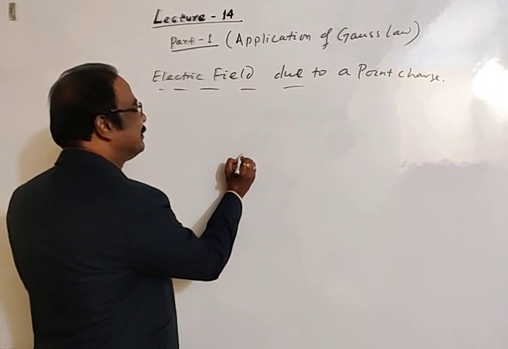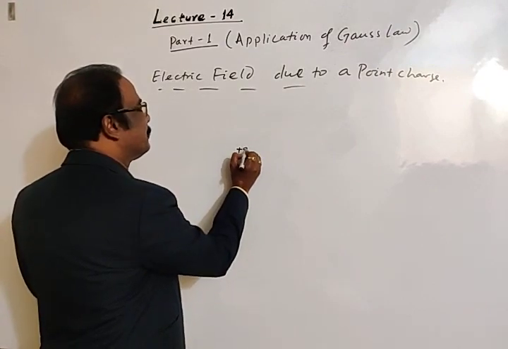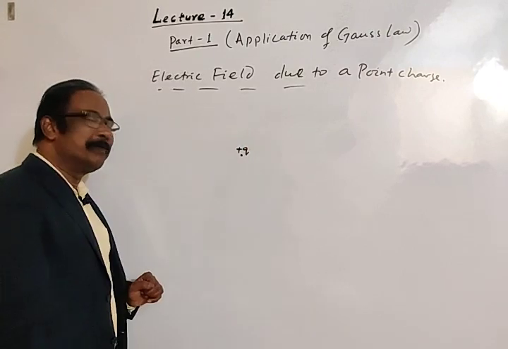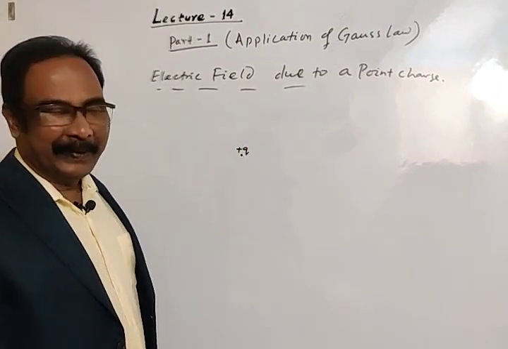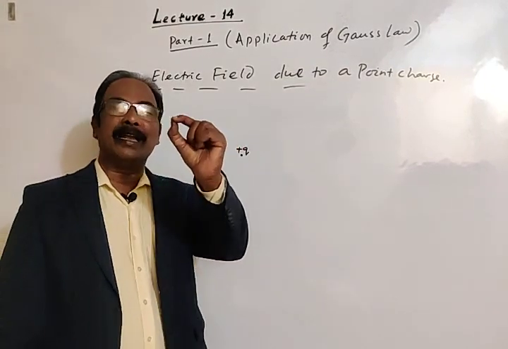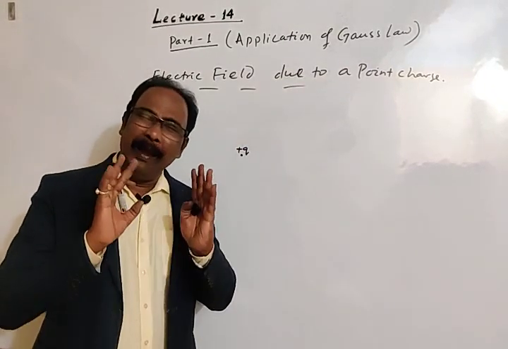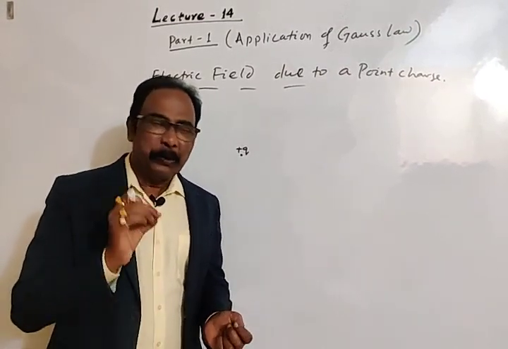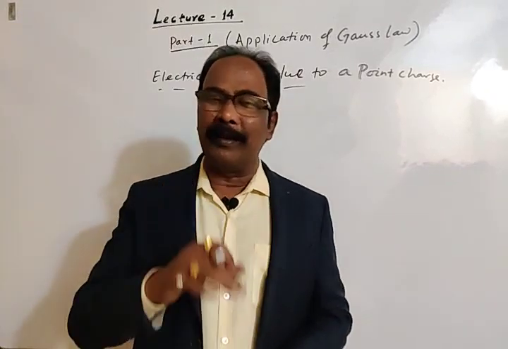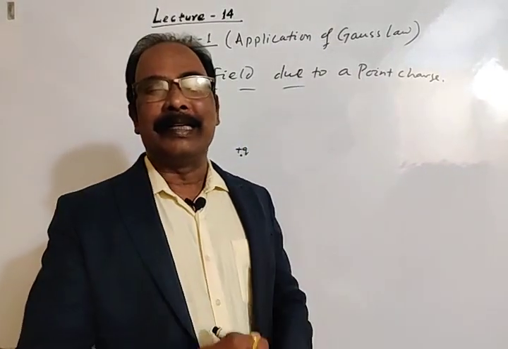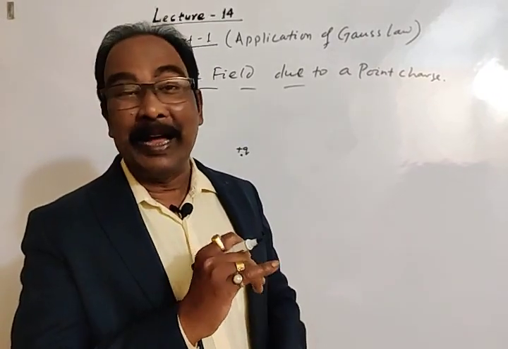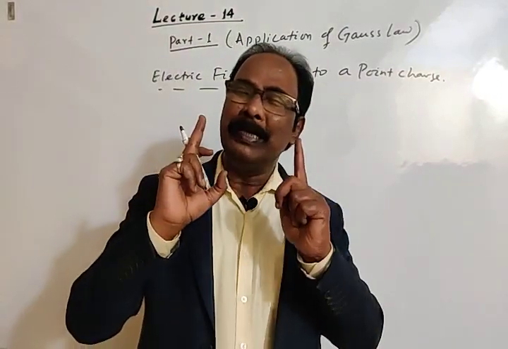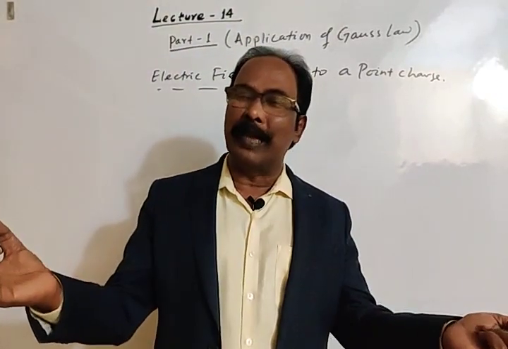Let's consider this is the position of the point charge as we have discussed. Point charge means the charge is located at a point. Let's imagine this point charge is in space. Then to find electric field by applying Gauss law, you should follow some steps. First, we have to get a Gaussian surface as we have discussed. Any imaginary surface enclosing a charge is called a Gaussian surface.